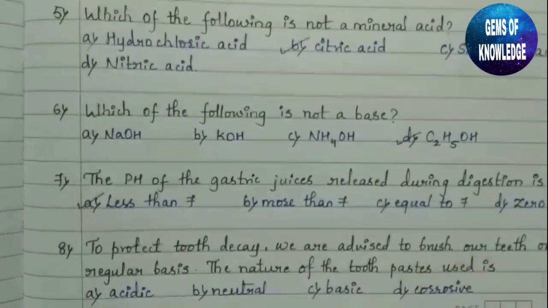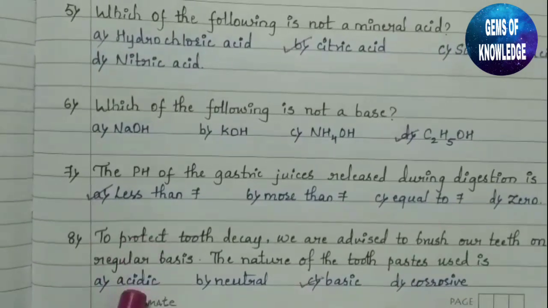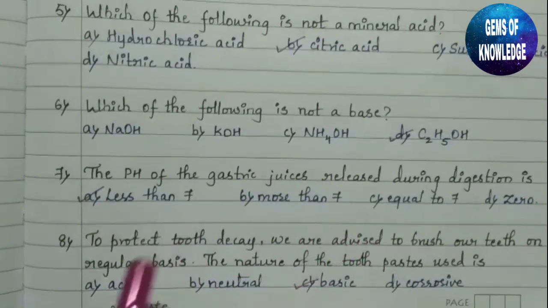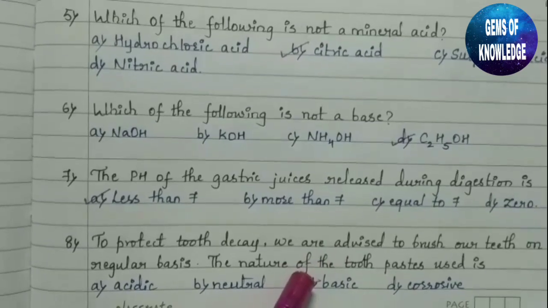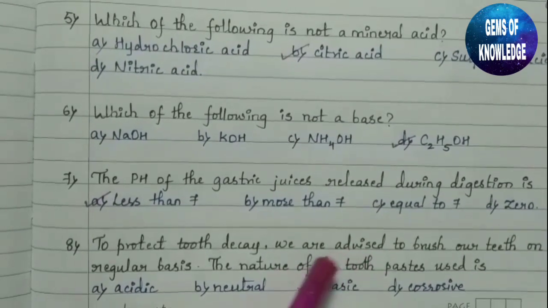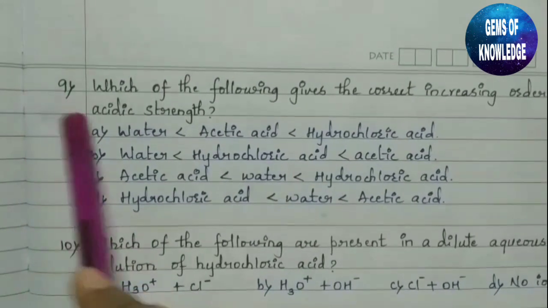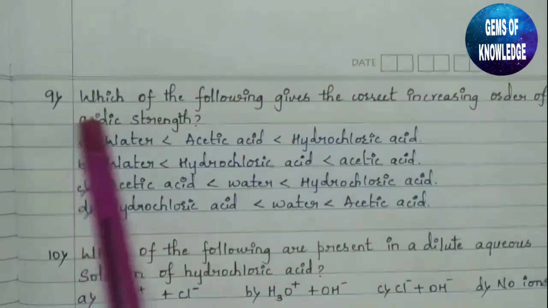So it is nothing but basic. Why? Because the pH of our mouth will be acidic, and to neutralize the acidic compound here, we need a base. So the toothpaste which we are using is nothing but basic. Okay. Yes, moving to the next, 9th one, question: which of the following gives the correct increasing order of acidic